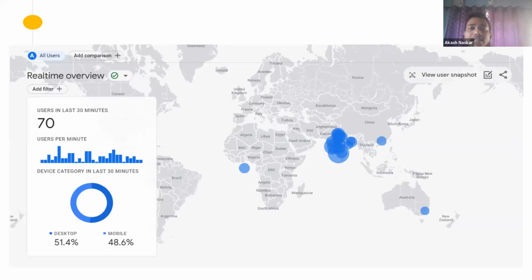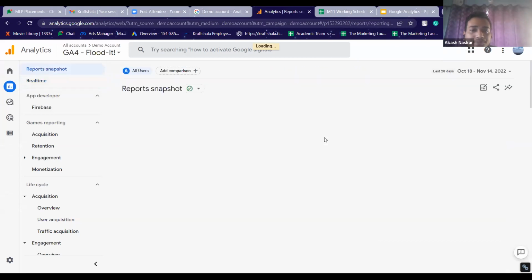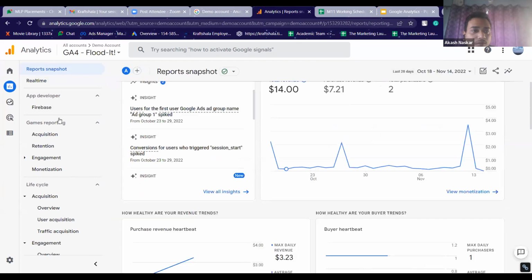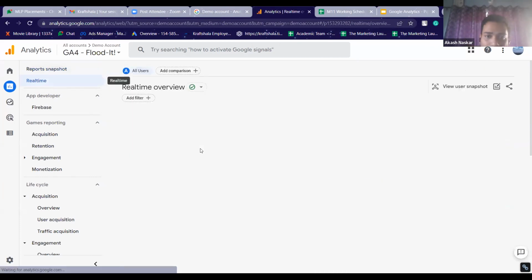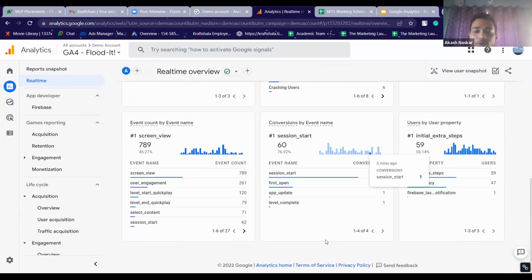It will show you a country level split as well. So if you go here, I think in the report snapshot, you'll be able to see it. It's in the real time. Yeah. In the real time, here you see 75 users in the last 30 minutes. You see a worldwide distribution of where these 75 users are currently from. You see that there are, let's say from India, Mumbai, 4 users. There is 1 user from Ahmedabad, 1 user from Agra, and similarly some more distribution of these 75 users currently.